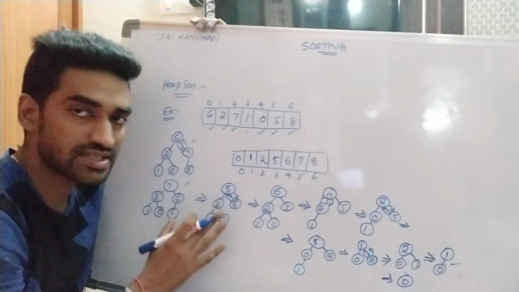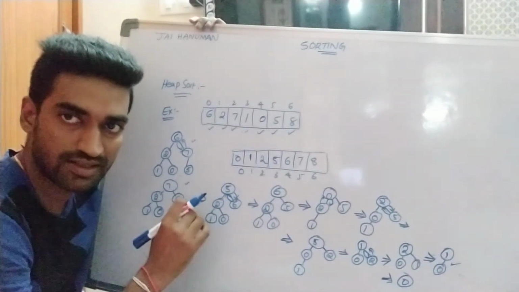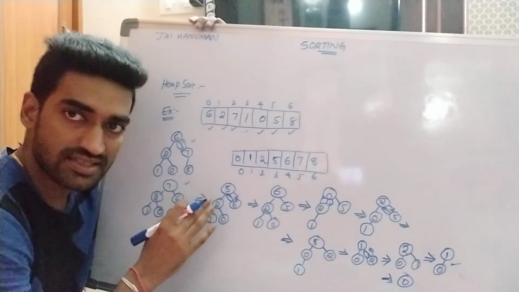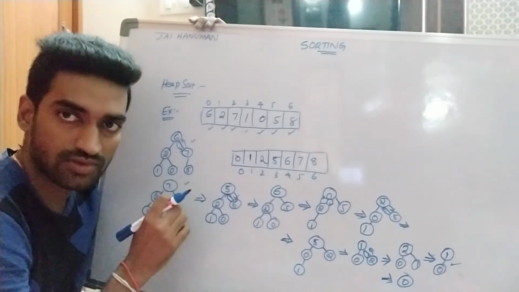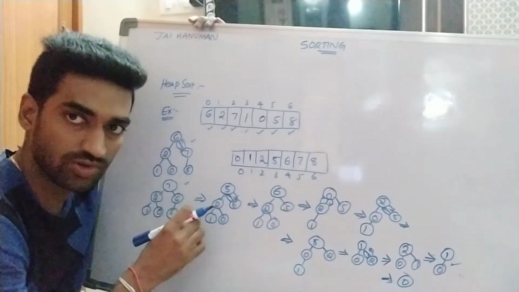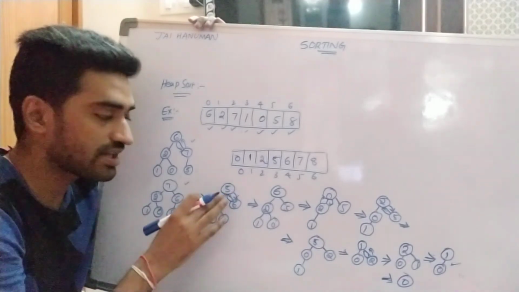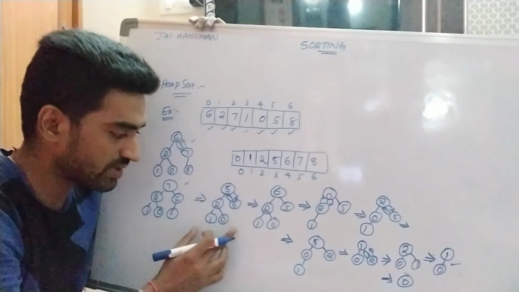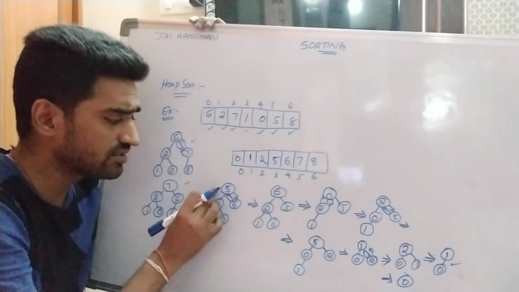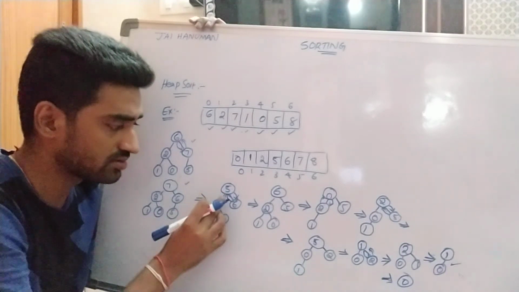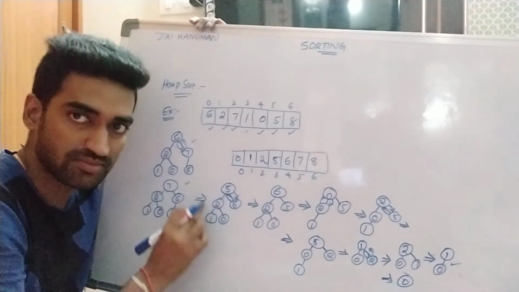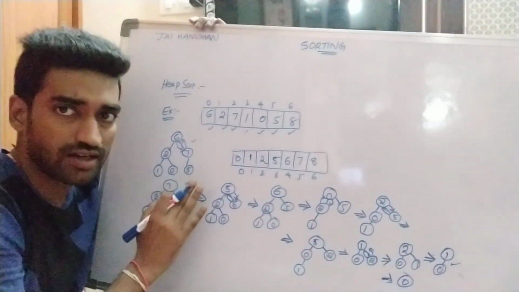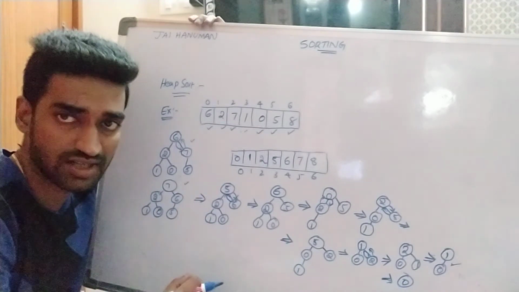Right? So what is the actual procedure? First of all, we construct the complete binary tree. Now check whether that complete binary tree satisfies the max heap tree property or not. Once that rule is violated, we simply apply a swapping mechanism between parent node and children nodes. Right? So after satisfying the max heap tree property, delete the root node and replace it with the last node in the tree, and that root node is placed in the sorted array. So this is the actual procedure for the heap sort mechanism, right?